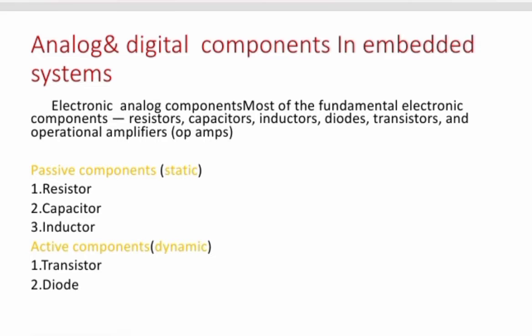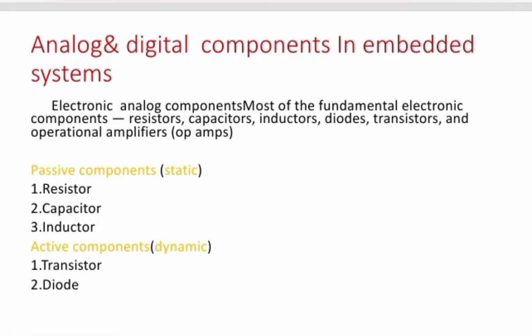Embedded hardware design. The first topic is analog and digital components in embedded system. The major analog components, or the fundamental electronic components, are resistors, capacitors, inductors, diodes, transistors. These are the fundamental components present in the